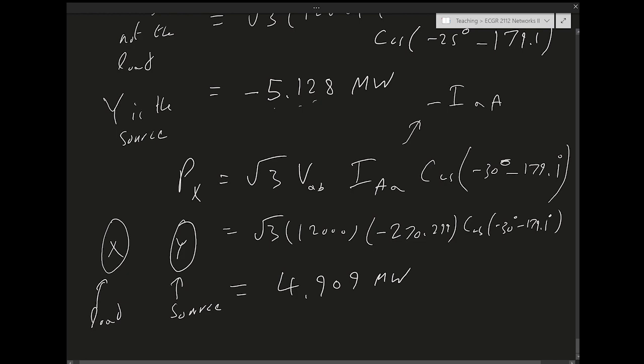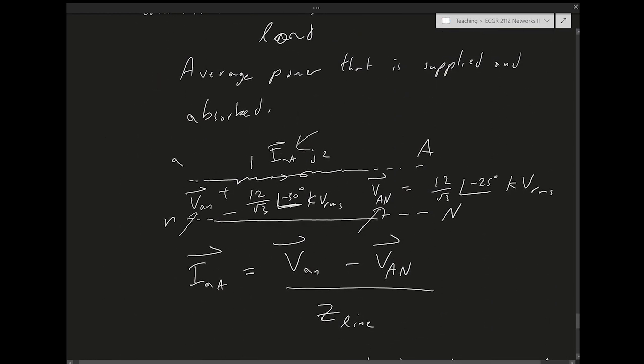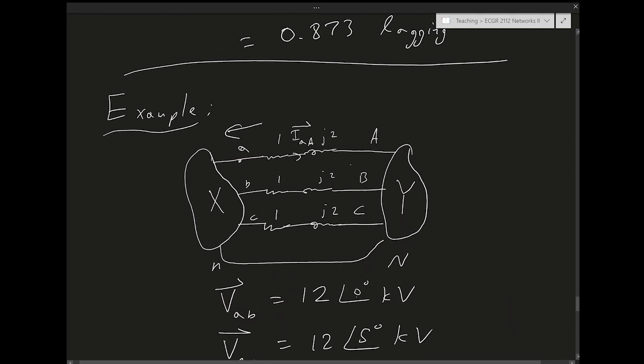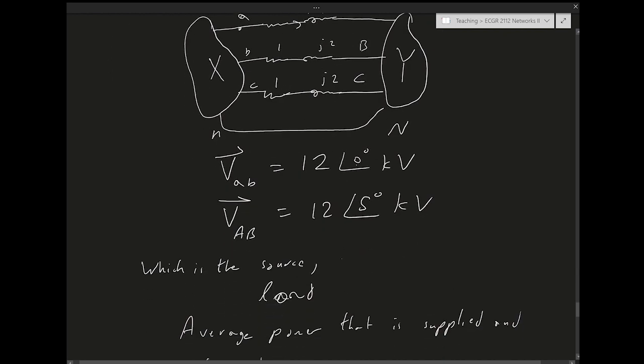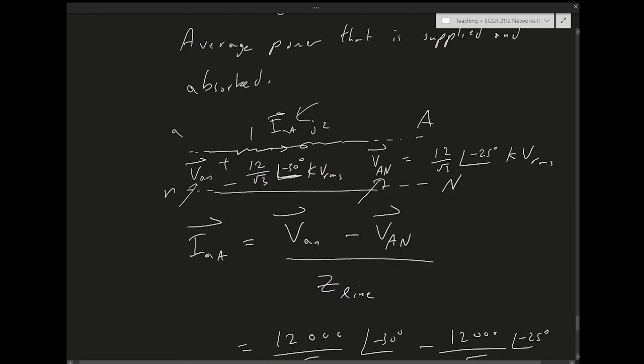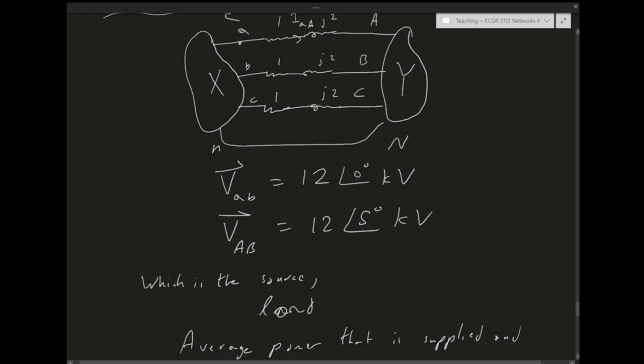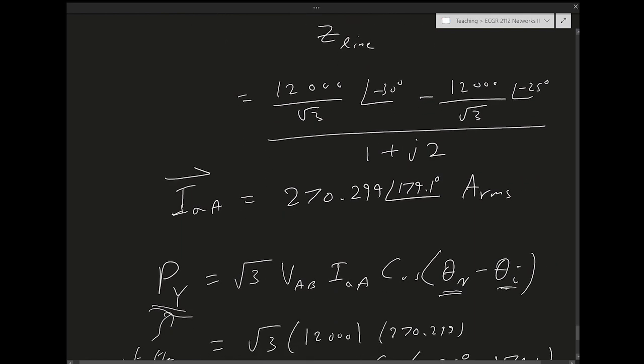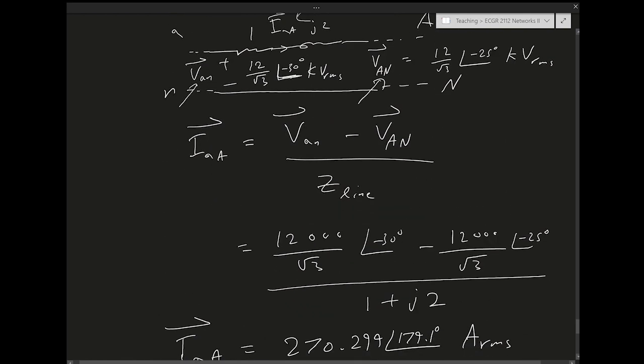Where is the difference going? The difference, of course, is going into the transmission line impedance, or the impedance between the two systems. Okay. The interesting thing here is that this is showing us that the power flowing from system Y to system X, in a way we can say it's dependent on the difference of the angle, because the VAB small and VAB capital have a difference in angle. This is the reason power is flowing between the two systems,